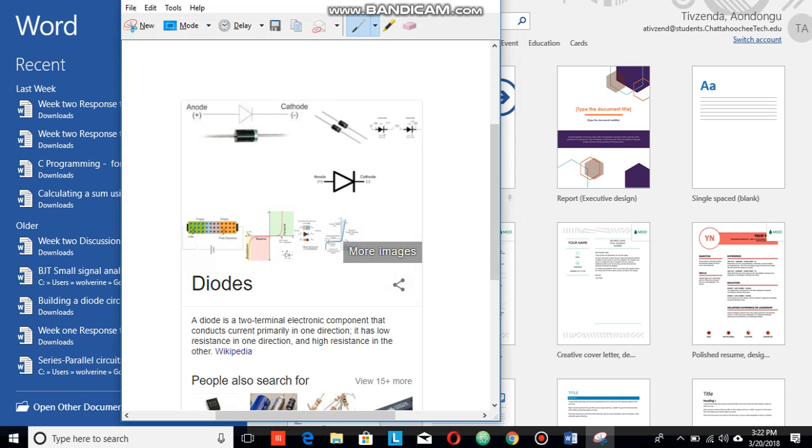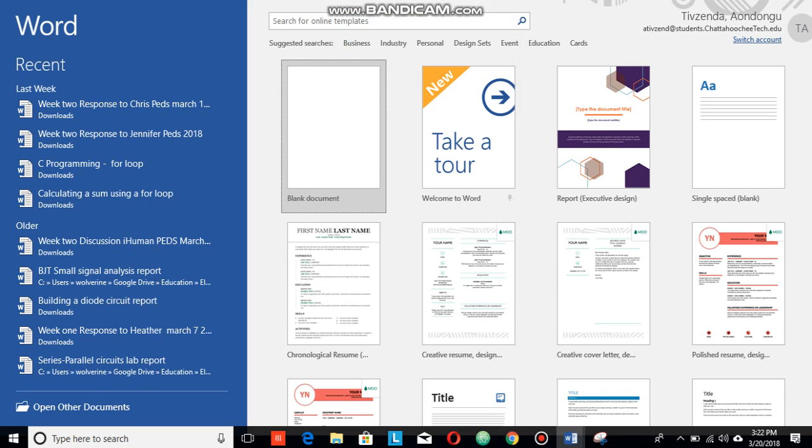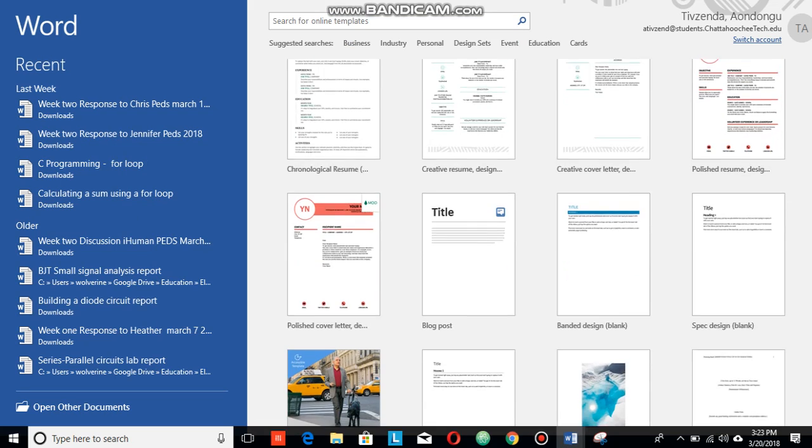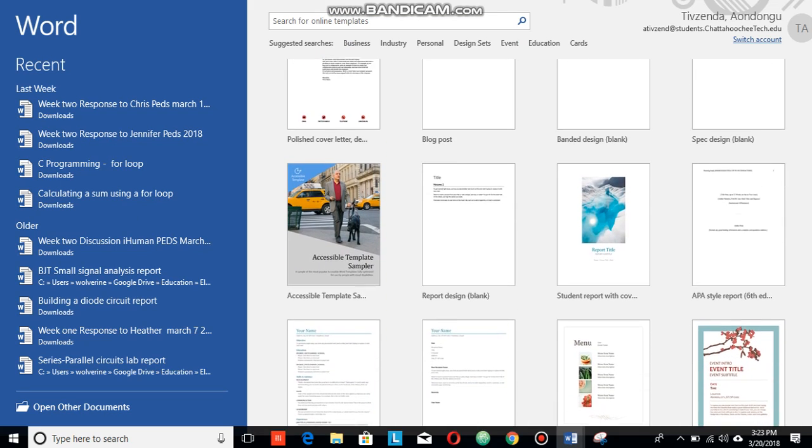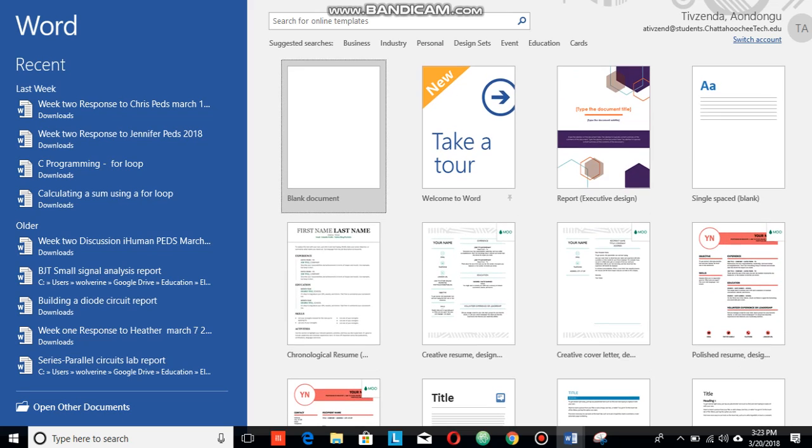Now I need to go to Microsoft Word. So here's Word behind me. Now you can choose several templates. Sometimes it's better to just go with a blank document, because the templates have certain formatting that is hard to undo and mess around with. So I go to blank document, type in my name,